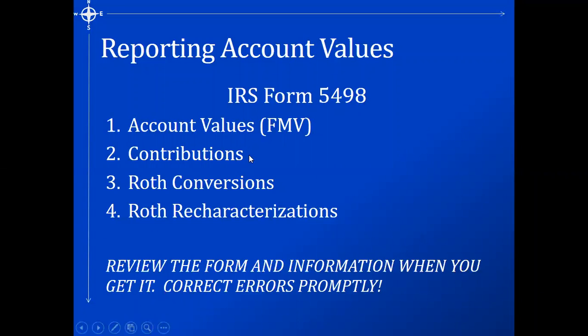So it's important that when you get it, because they're going to send it out by May 31st, unless they go on extension, when you get that form, it's going to be sometime after May 31st, more than likely. You should check the form over and make sure the information is correct. And if it's not correct, if it's not what you reported, if they missed it, if you think it's incorrect, you need to make sure that they file a corrected Form 5498. For that, you'd need our help. We would contact the custodian and go through the process with them of correcting the values that they've reported on the 5498.